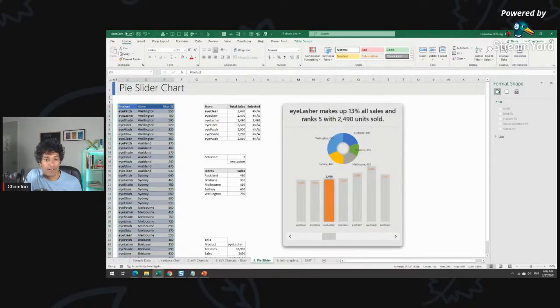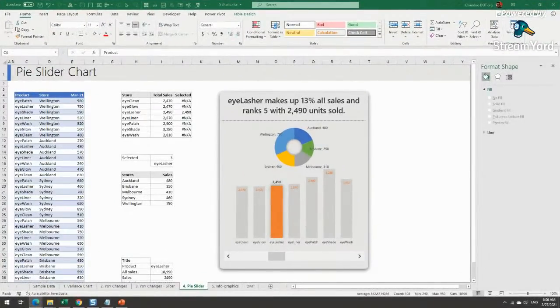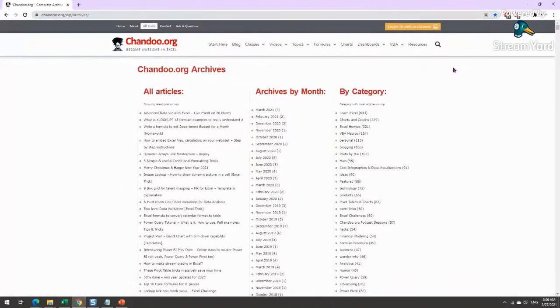So here, let's get full screen. What I have here is a weird combo chart wherein we are presenting two things, and they weave the story together. This is actually based on one of the very old articles that I published on my site. I'm not really trying to show off or anything, but it's just that